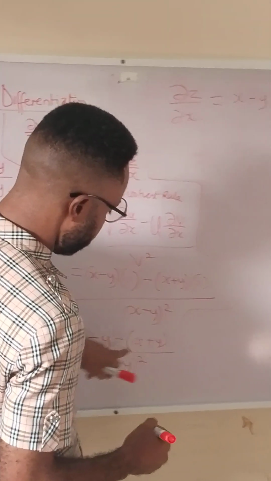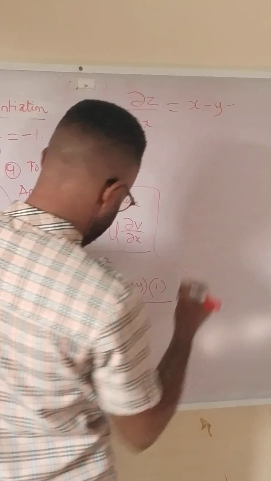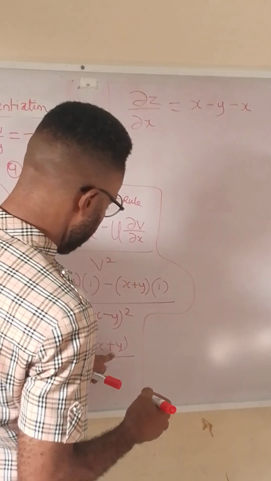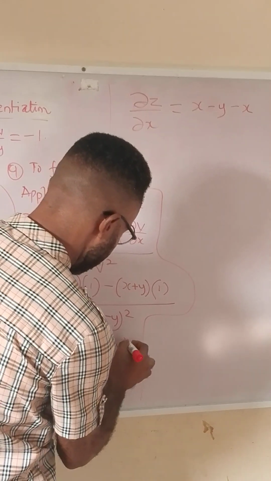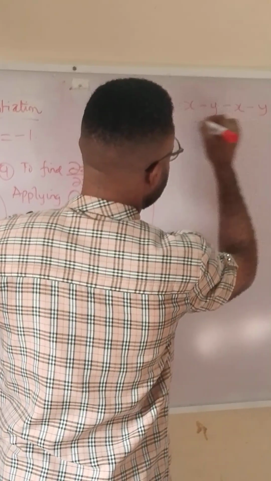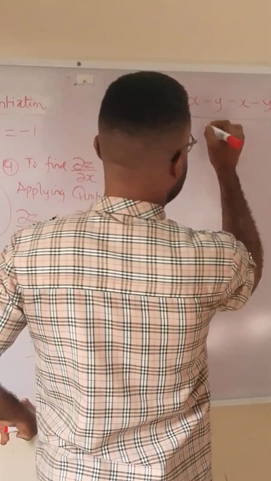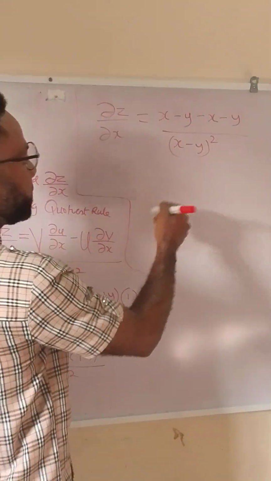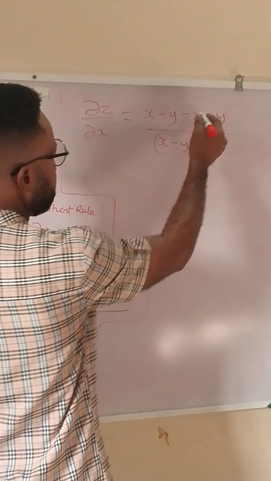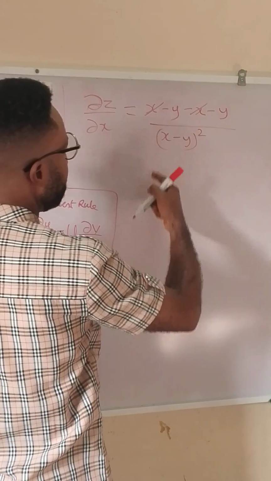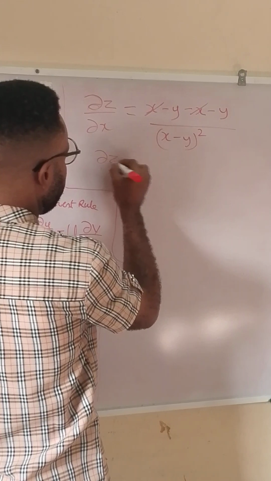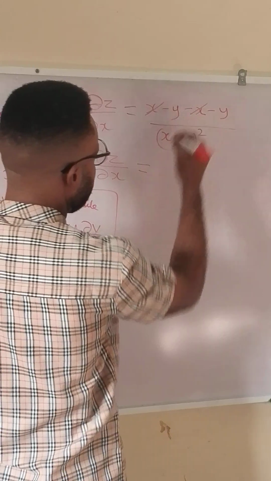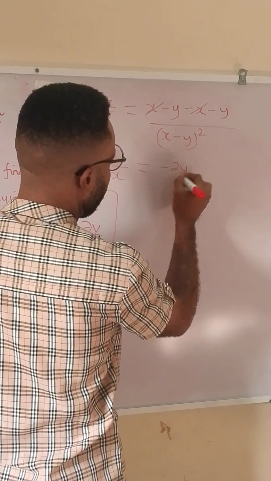When we use this negative to open this bracket, we are going to have minus times x will give us minus x, and then minus times plus y will give us minus y, and this will be all over x minus y all squared. So if we look, this is plus x and this is minus x, so this can cancel out, and so we are going to have partial derivative of z with respect to x equal to minus y will give us minus 2y